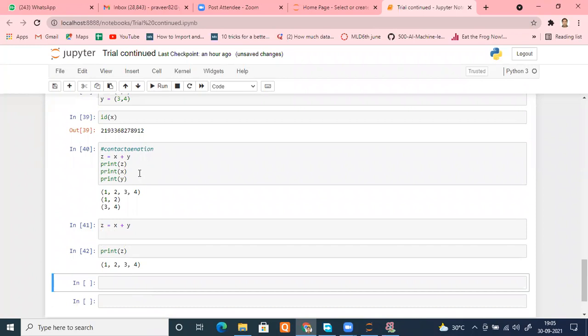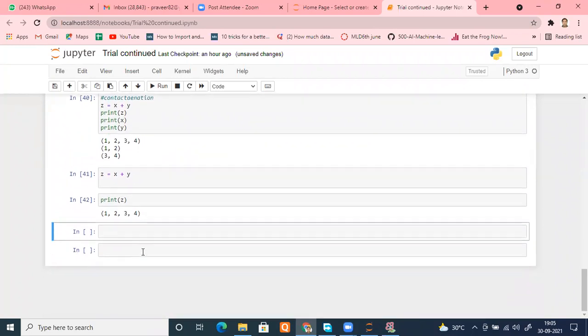In the same way, suppose I have a list with elements 1, 2, 3, and I want to convert that list into a tuple. How can I do that? Simple. You can put any iterable there. Just type the keyword tuple. Earlier you typed list, now type tuple.